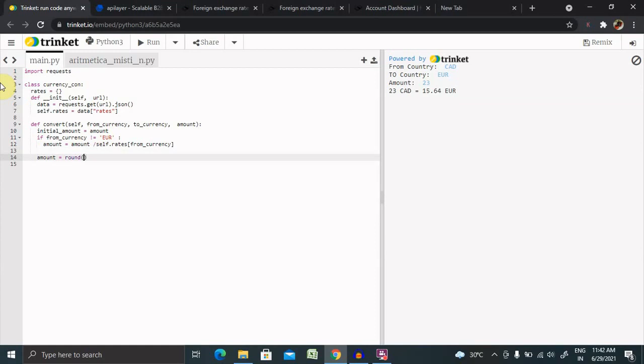Inside the round off, we are giving amount into self dot rates and then to currency. So it is going to be used post currency conversion. So we want only 2 decimal values.